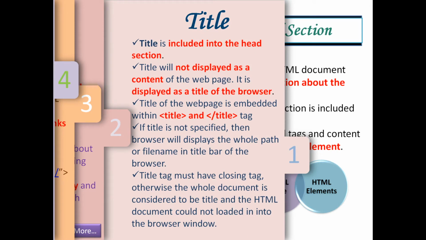We will start with the title tag. We embed the title tag in the head section, and that text gets displayed on the title bar of the browser window. Whatever web content like table, image or any text that we want to display to the user is embedded in the body section, that we know. But title is not a part of web content, so we will not do any kind of formatting like bold, underline, italic on the text of the title element. Such formatting on the title element may result in an error.